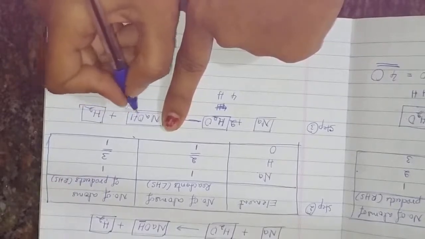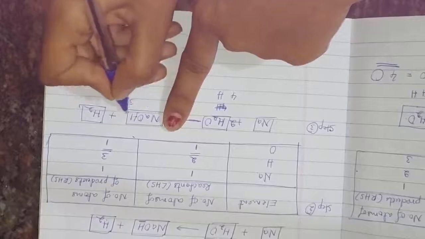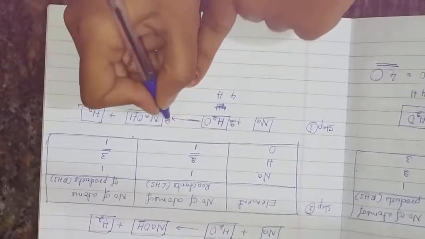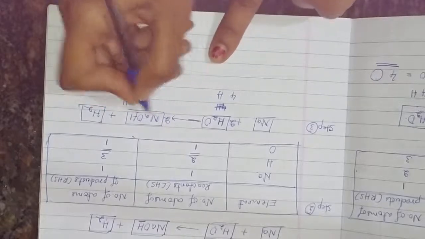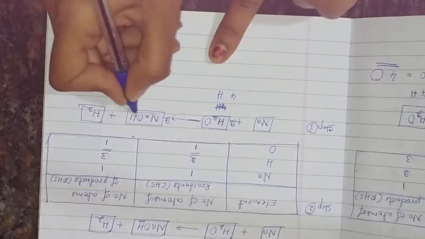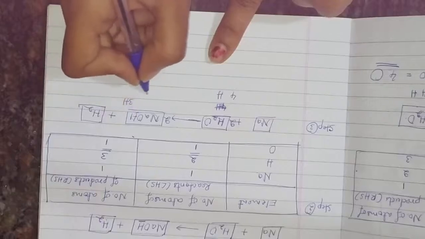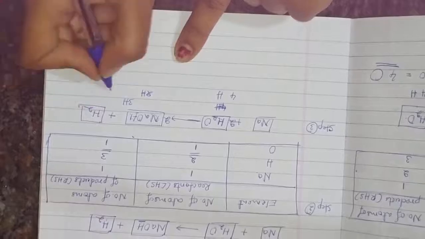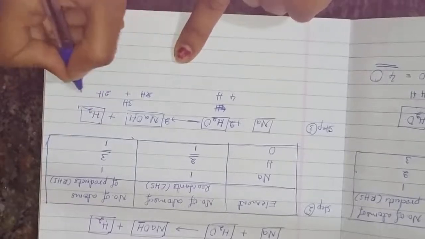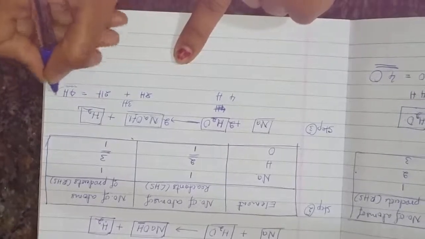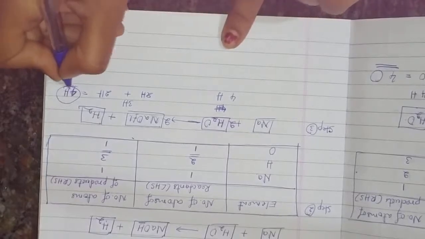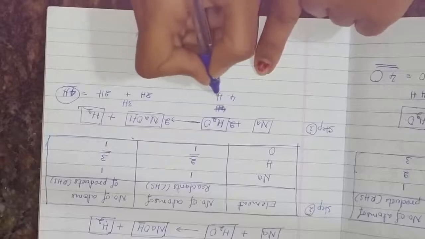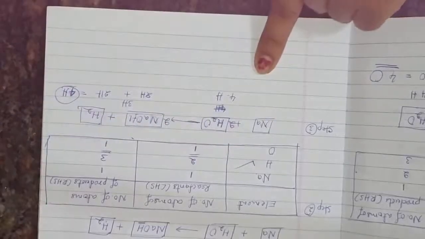Okay, so when we multiply this sodium hydroxide by 2, the number of hydrogen atoms here becomes 2. On multiplying, the number of hydrogen atoms becomes 2 hydrogens. Here also 2 hydrogens. 2 plus 2 we get 4 hydrogen atoms. Okay, see here 4 hydrogen atoms on the reactant side, and 4 hydrogen atoms on the product side. So here hydrogen atoms are balanced.